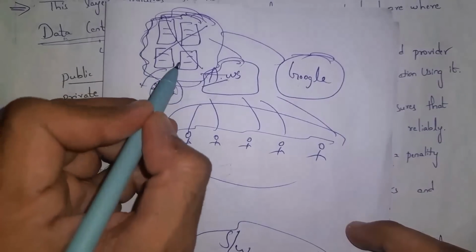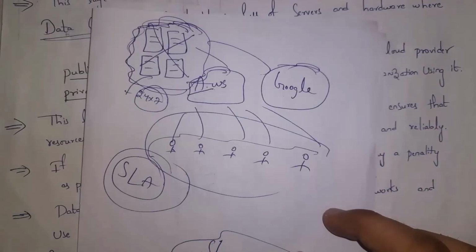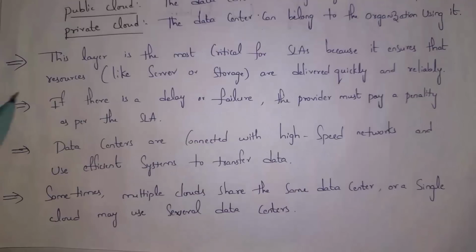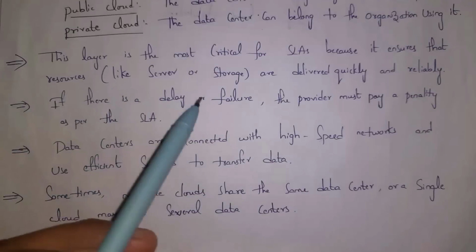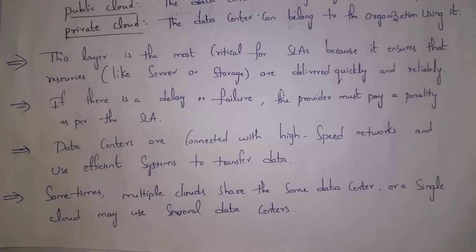Only if they work properly, all users can use cloud. So hardware resource layer is very important in service level agreement. Guys, if there is any delay or failure in cloud service, then cloud provider must pay penalty as per service level agreement. And data centers are connected with high speed networks and they will use efficient systems in order to